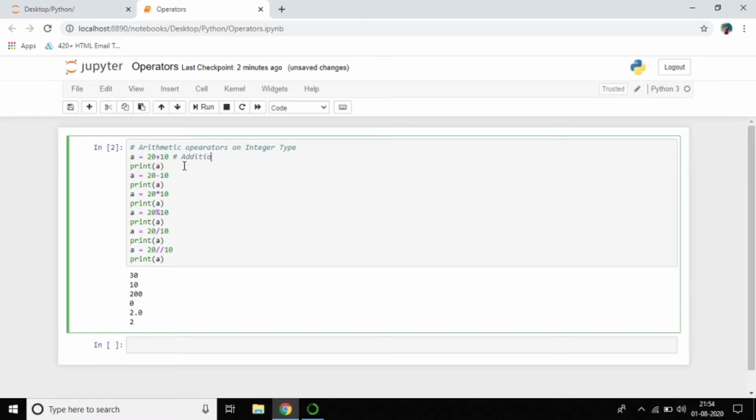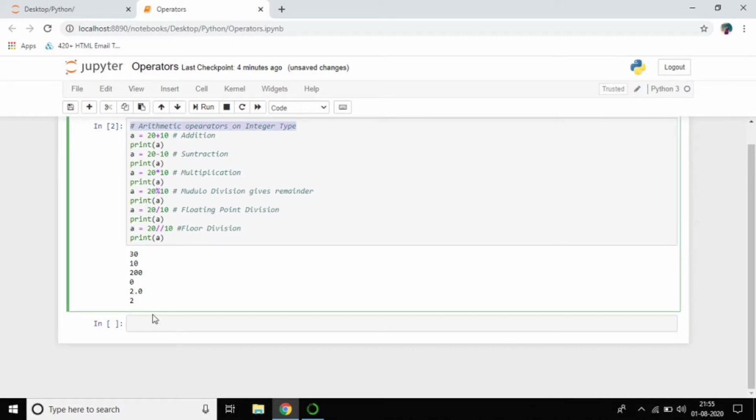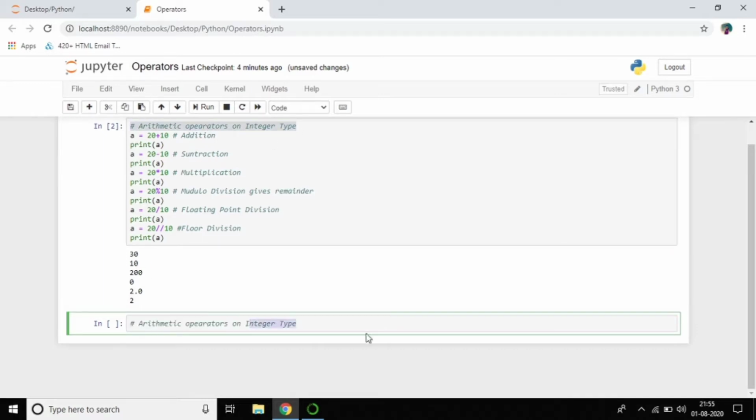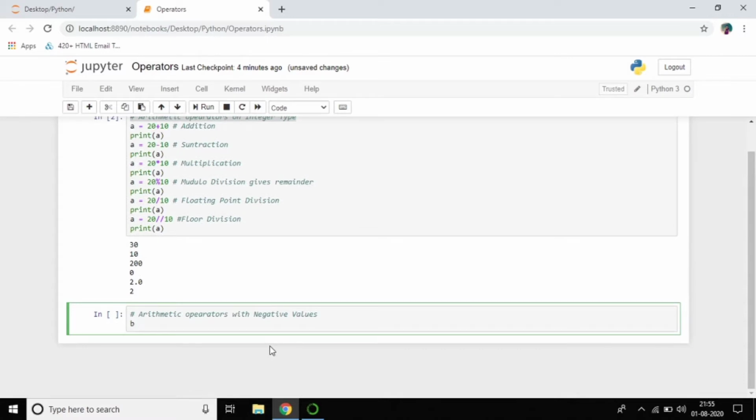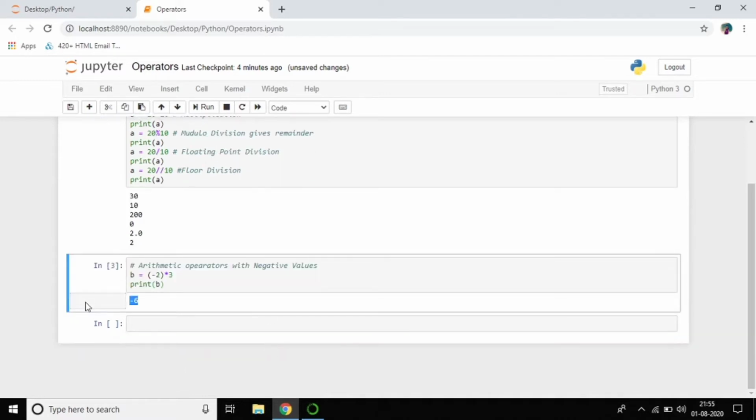I'll write everything here in comments. Just observe, addition. Now I'll use arithmetic operators with negative values, so b equals -2 into 3. Of course, we all know it will print -6, so print b. Just we can see that is multiplication, which is -6.